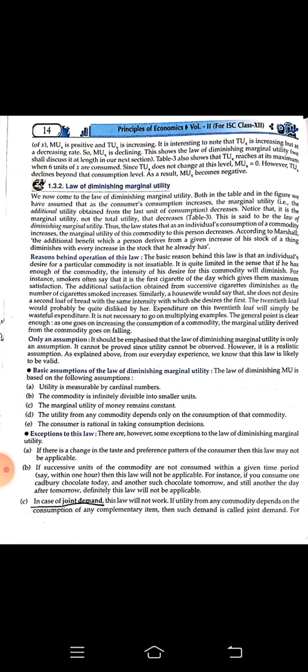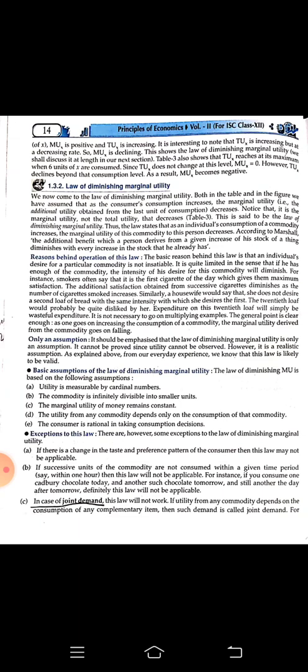The third glass, you will say now 7 or 6. Then after that, one more glass, you will say now this glass is 2 units of utility. And after that, if somebody offers you more, you will say I don't need it, I had 4-5 glasses of water, now I don't need it. Okay, this is the law of diminishing marginal utility. As you consume more and more of that commodity, the utility of that commodity will decrease. The consumer will not feel like consuming it anymore.